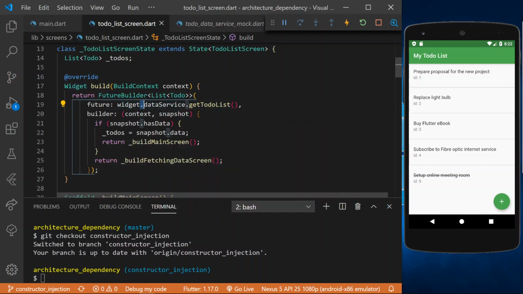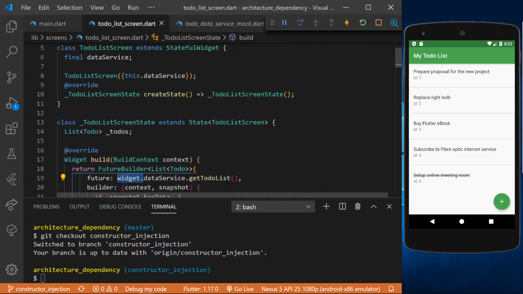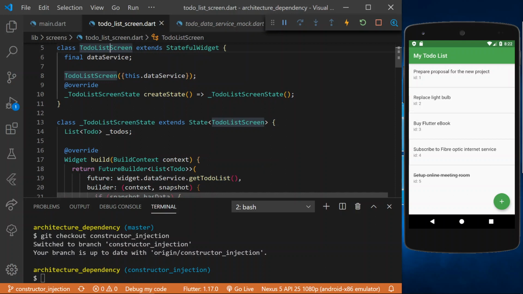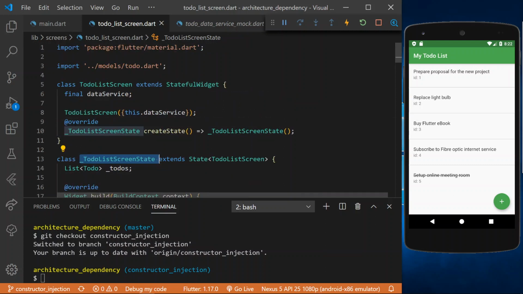For a stateful widget you have two classes: the first one is the class itself, which is the screen, and then you also have the state class. The build is inside the state class, but the service must be in the screen, because the outside will reference the screen, not the state. So that's why we must put the